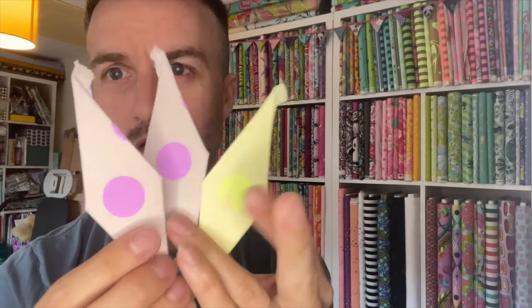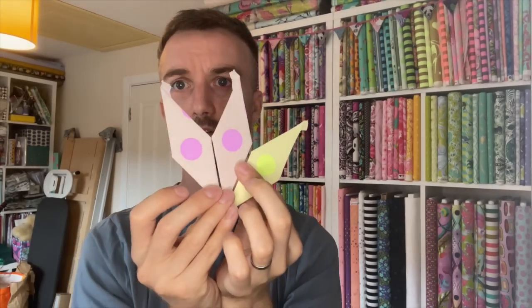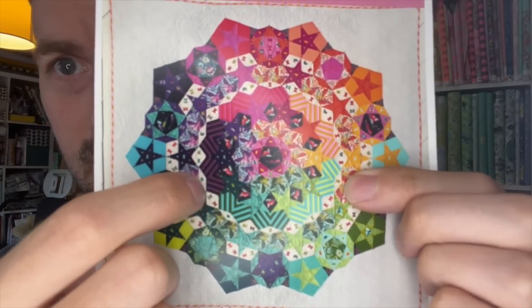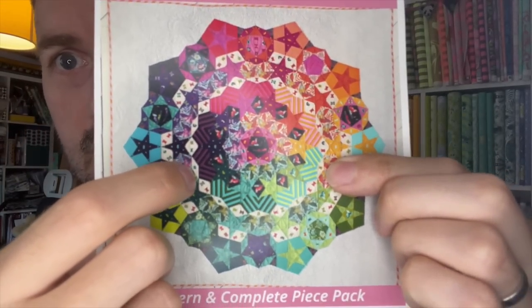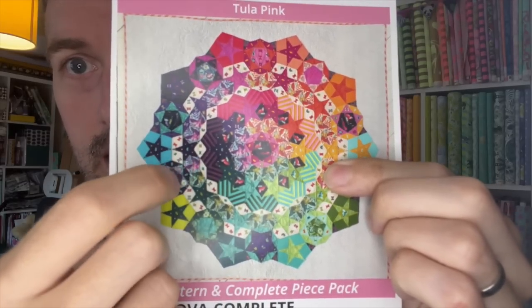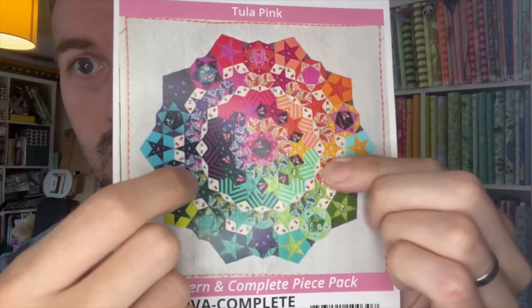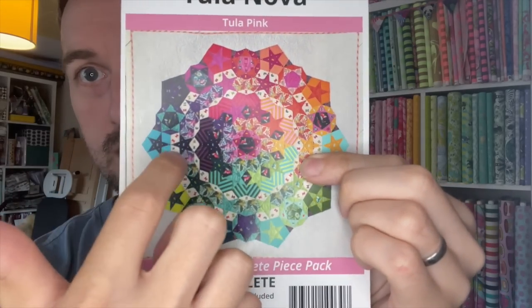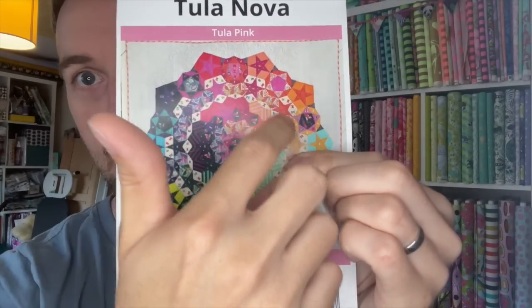So I've started basting my Chula dots into those diamond shapes to go on the bottom part of what will form the sort of heart shape, so basically I've done up to there. So these are the diamonds here which I've cut out, and then there's these 2 hexes here which form like a separate block here almost, which is a heart, and then you have the stars in between each of the hearts. So once I've got those blocks done, I can then put that row on,